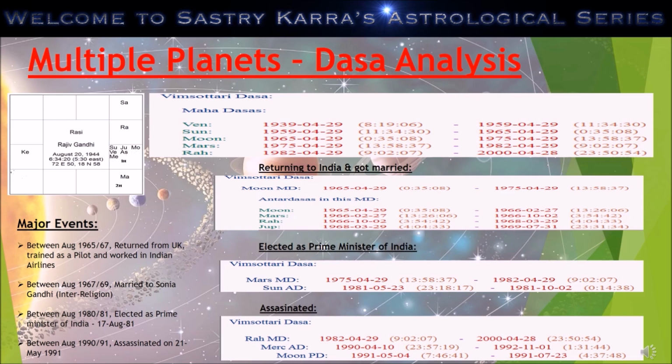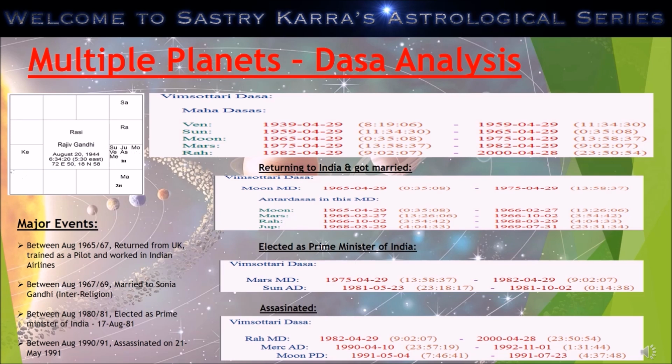See, that's the reason why he became the prime minister. He got elected as a prime minister even though he did not want it. Sun is the Lagnadhipati and is residing in its own house, and we all know that Sun means a leader, portrays himself as a leader. So he got elected as a leader for the country during August 1981.